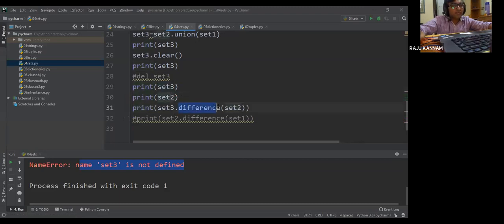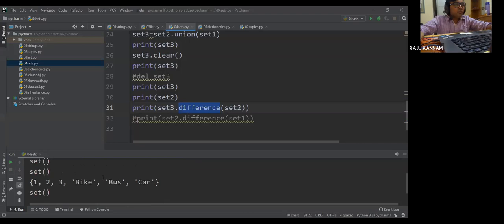Here the difference function is there now. This difference function will display the elements which are different from the specified set. Now here set 3.difference(set 2). That means in set 3 we are checking what elements differ from the set 2 elements. So now let us execute this.